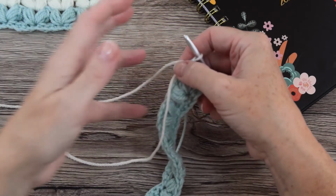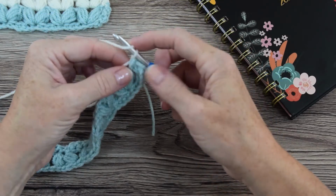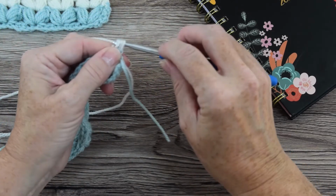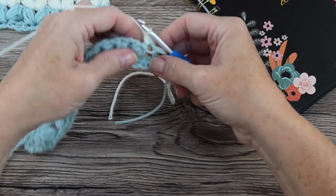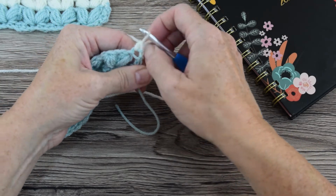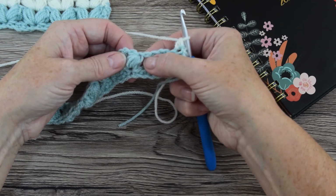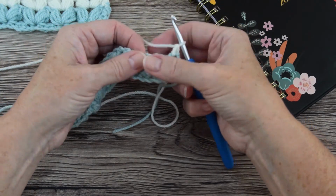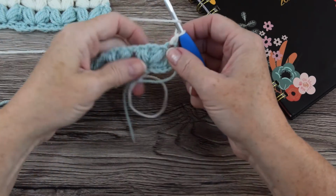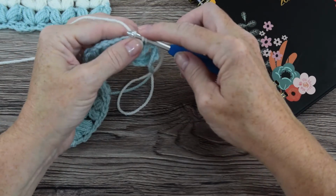So all we do with this one, it's a really easy pattern to repeat, is you treble into the first stitch here, this stitch. So just make a treble in that stitch there, and then what you're going to do here is you are going to work into the middle of each of these puff stitches now. So not this space here, it's in the middle of the actual puff stitch that you made on your previous row. So all we do is insert your hook into the middle, pull up a loop,